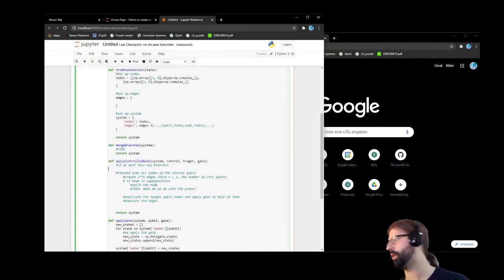Because if the control is part of a branch and the node is in superposition, then we have to split the branch. That's problematic, yeah. And what happens if